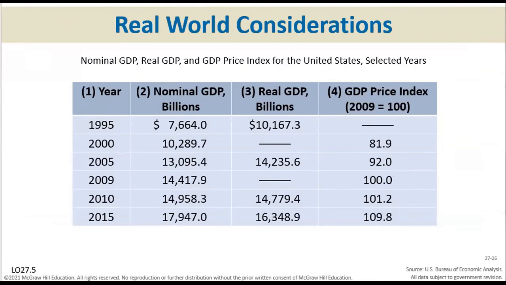In this table, I show you the relationship between the nominal GDP, the real GDP, and the GDP price index, right? Here the base year is 2019, and the price index in the base year is 100. So if you use the same logic, try to find the missing information here. Year 2000, what is the real GDP? Year 2019, real GDP, and 1995, what is the GDP price index?